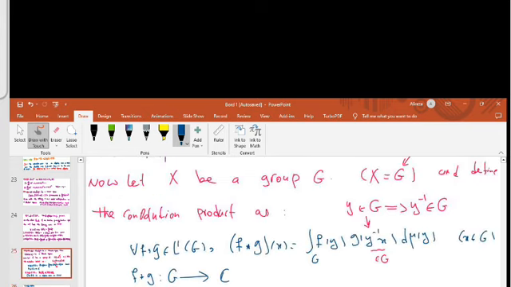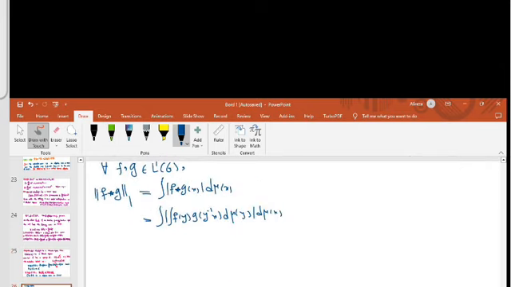Please note that this is the definition of the convolution product, f of y multiplied by g of y inverse x. And this is less than or equal to this integral, f of y g of y inverse x d mu y d mu x,